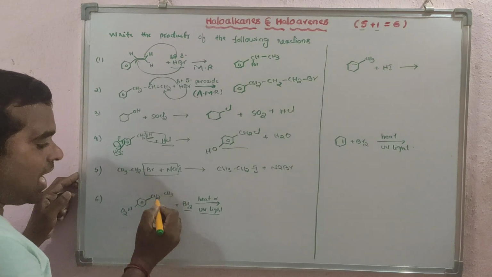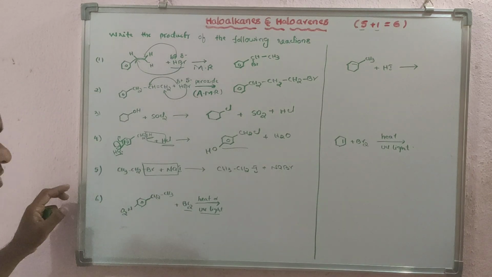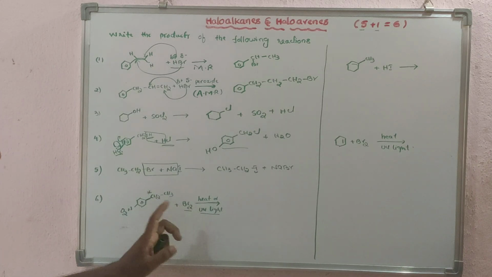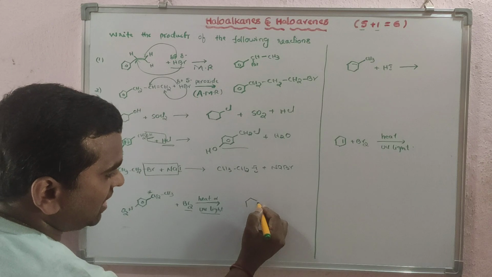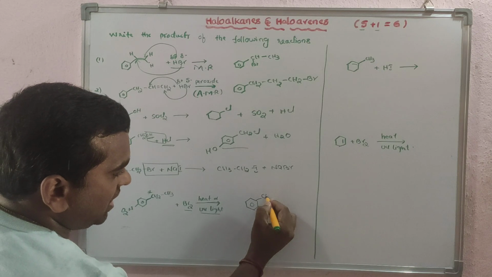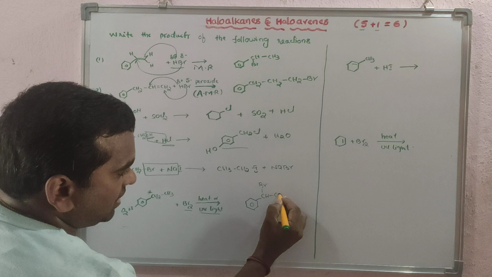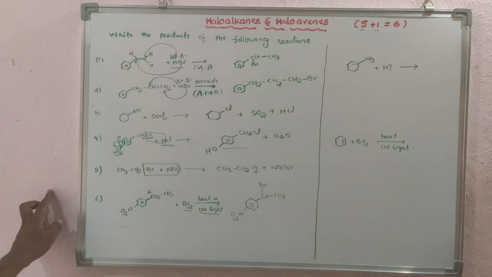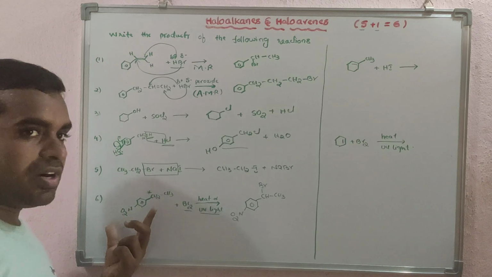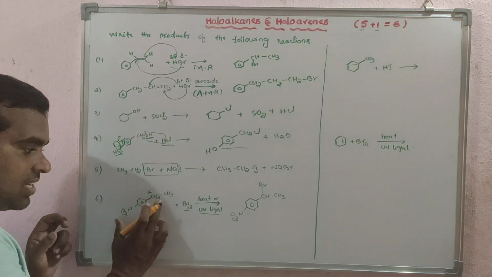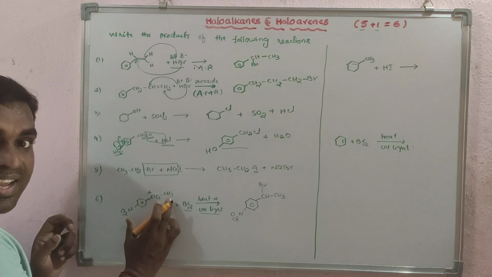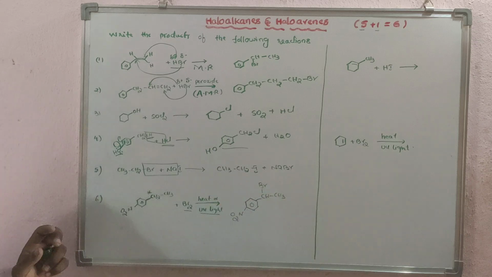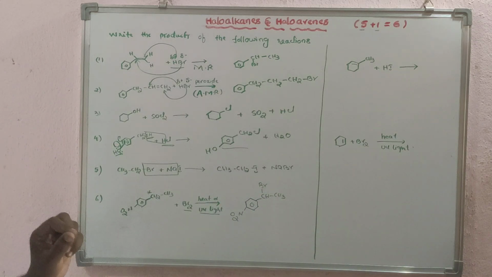The carbon directly attached to the benzene ring we call benzylic. So that's why substitution takes place here. One of the hydrogens will be replaced by bromine, and you will get the benzylic product. So benzyl, this is Br and CH3, now NO2. This is the product. Remember always, whenever benzylic or allylic compounds are present with bromine, heat or UV light, then allylic substitution or benzylic substitution takes place.